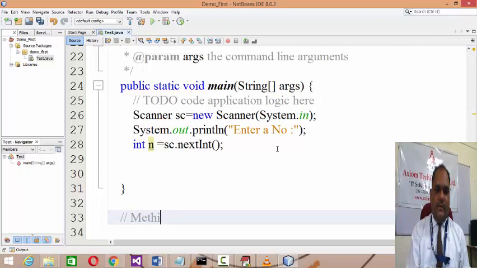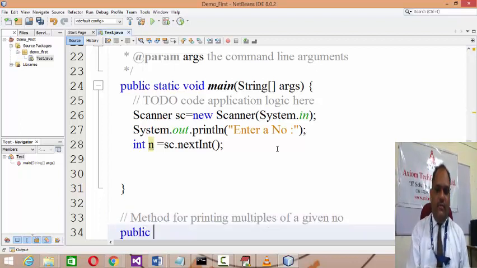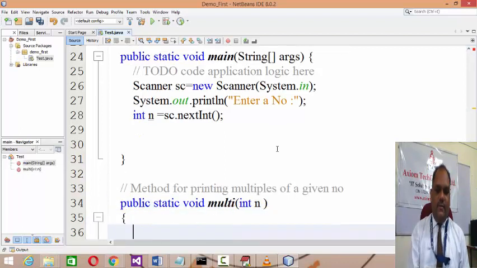Method for printing multiples of a given number. Let's say we'll develop a static method for this reason. public static void multi, and we'll need a number to find the multiples of it.